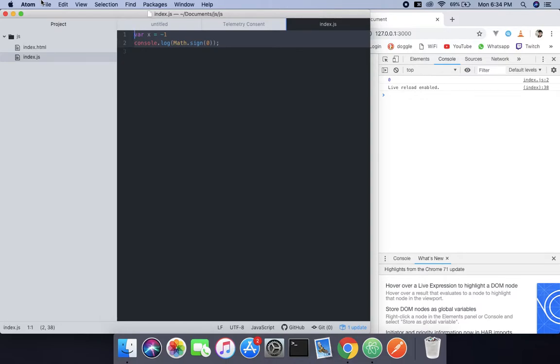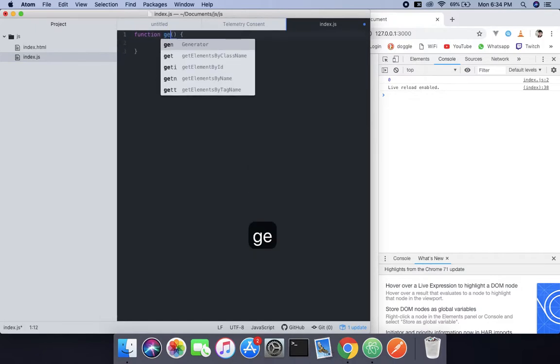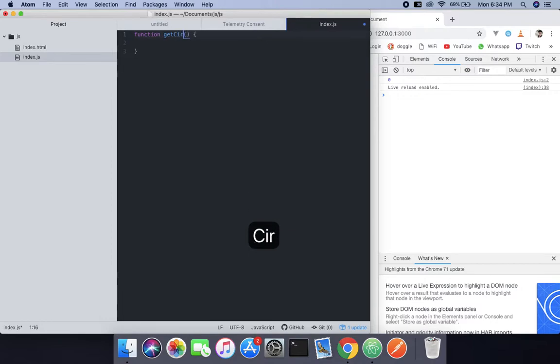So what are we going to do first? Remove those, create a function. We're going to name it getCircle, radians comma radius, and then we will return Math.sin. Inside that, what we're going to do is